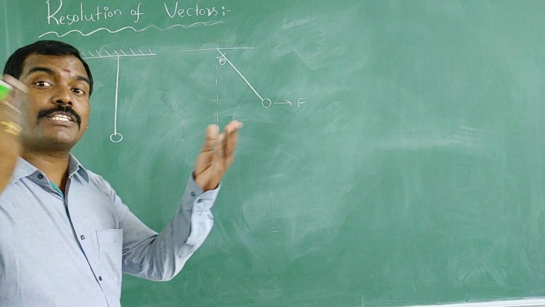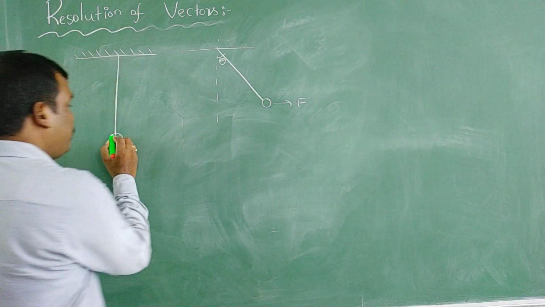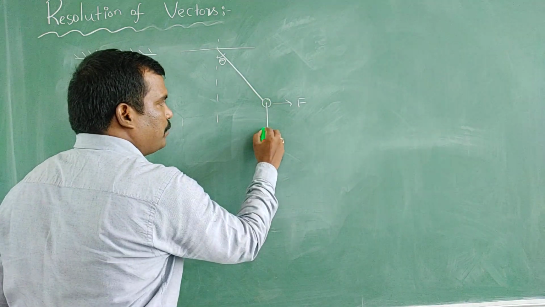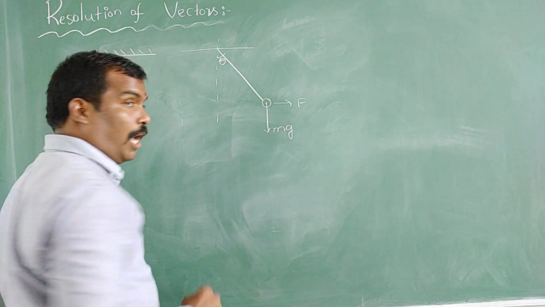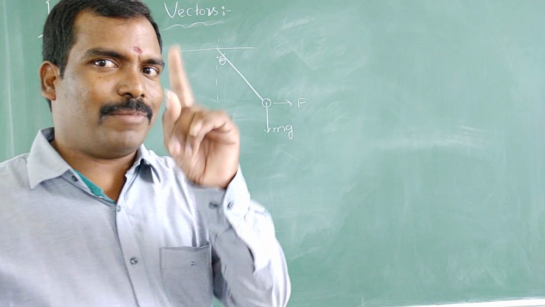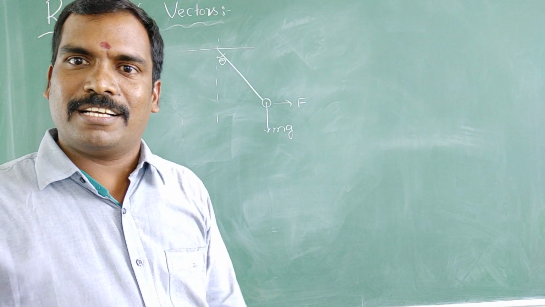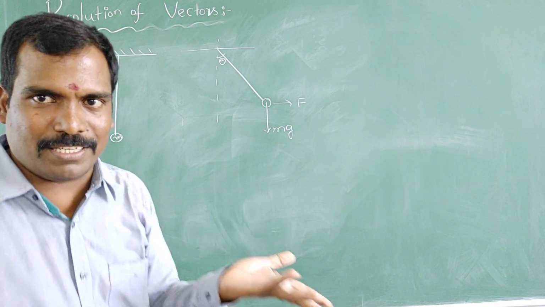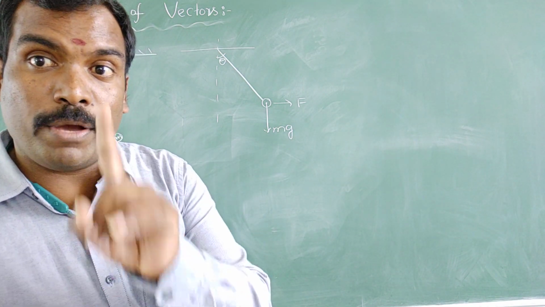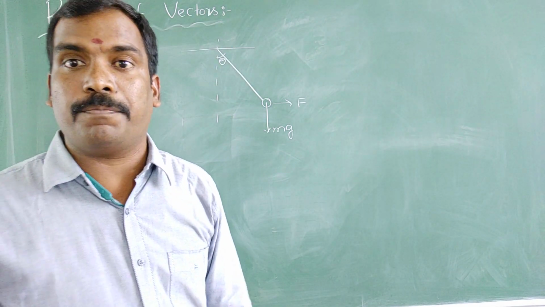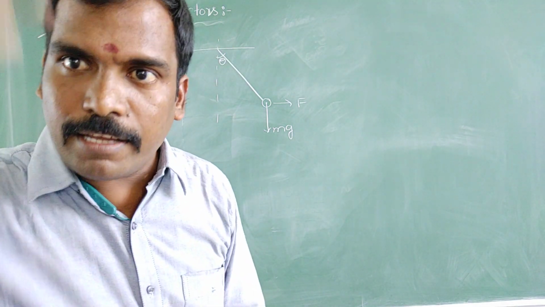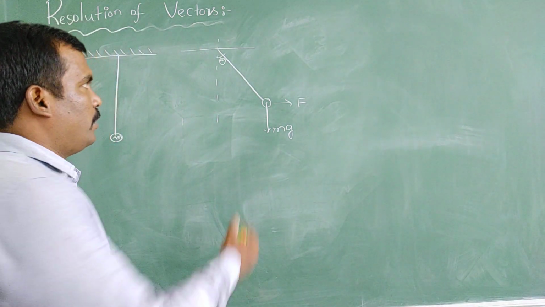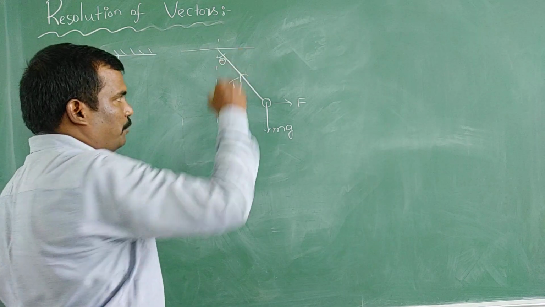Now, how many forces are acting here? The simple pendulum bob has mass m. Because of mass m, mg is acting downward. I want to get the relation between my applied force and the weight. How much is the weight of the simple pendulum, and how much applied force? But when the pendulum bob is hanging downward, in that string there is a force. Such a force is called the tensional force. Here the tensional force is acting upward.